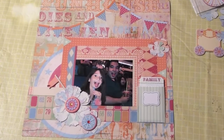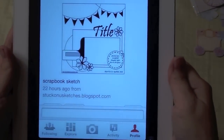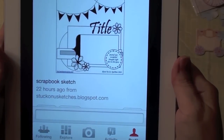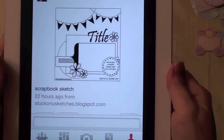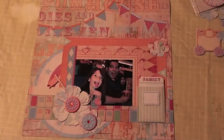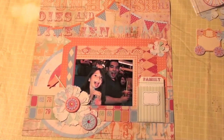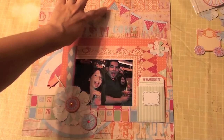Okay, so here's a little bit of an update of how far I've come so far. I've been working on layering all the pieces and fussy cutting a lot of items out. Again, this is the sketch that I'm working from, and it's from stuckonssketches.blogspot.com, and it's a really cute sketch. So this is what that has been taken off of. What I've done here is all of these are individually cut out of some of the border paper that came